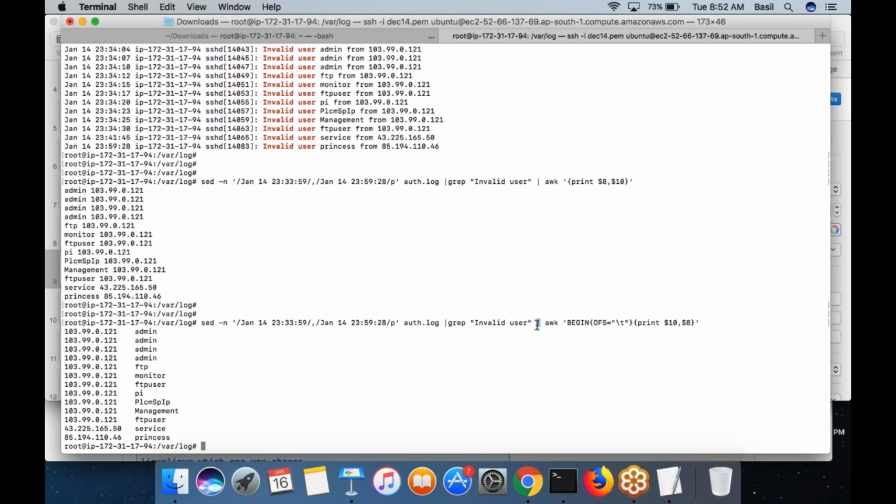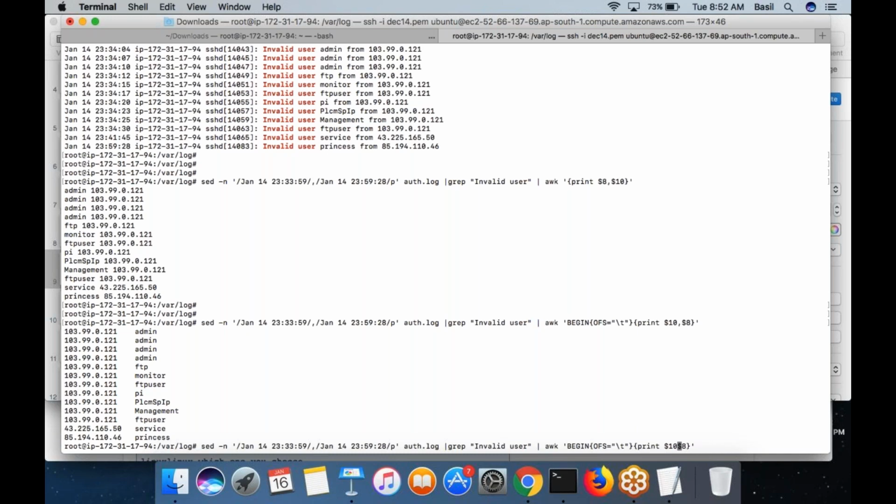So always use a pipe symbol if you want to send the output of the current command to the next command. Always put a pipe symbol. Now let's say your intention is you want to generate an email body. You are generating an email body with a report of how many people tried to log in between this time. Instead of simply printing these values, you would generate it like an email body.